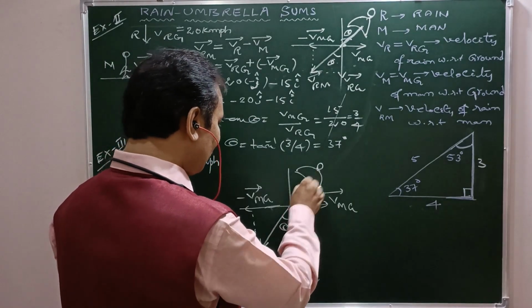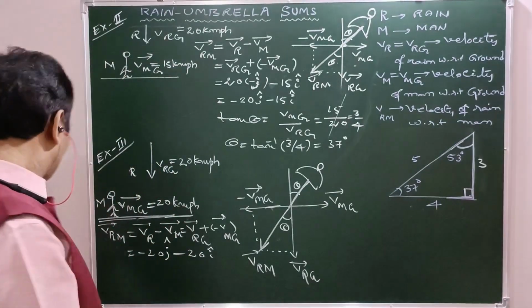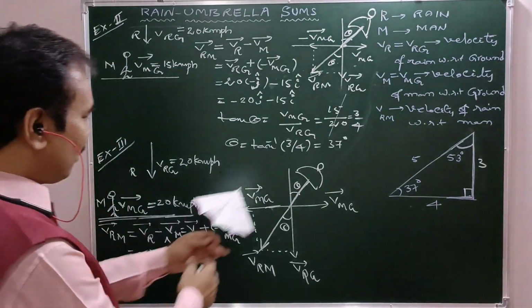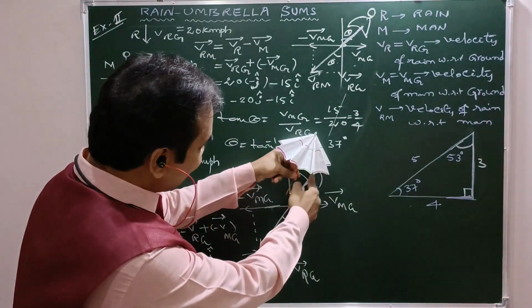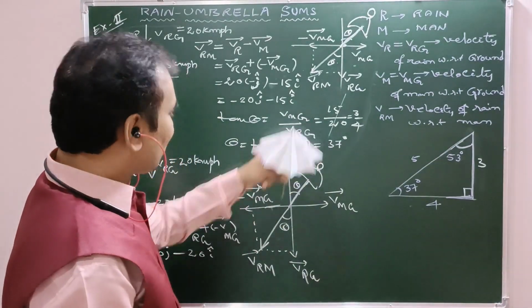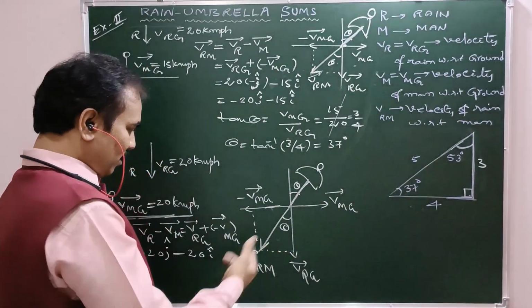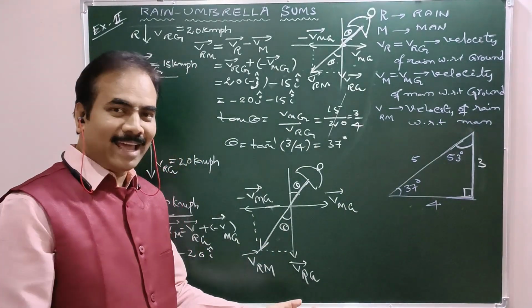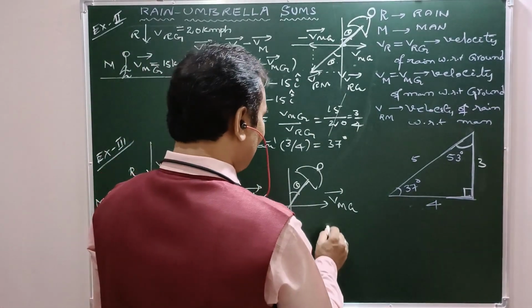Definitely, he must hold umbrella along the same line but opposite to VRM. Like, see, this is theta. These two vertically opposite angles. So he must hold his umbrella like that. Right? In the same direction. Okay. Now, what is the tan theta here? If you are asked to determine the direction, you must find theta. So tan theta